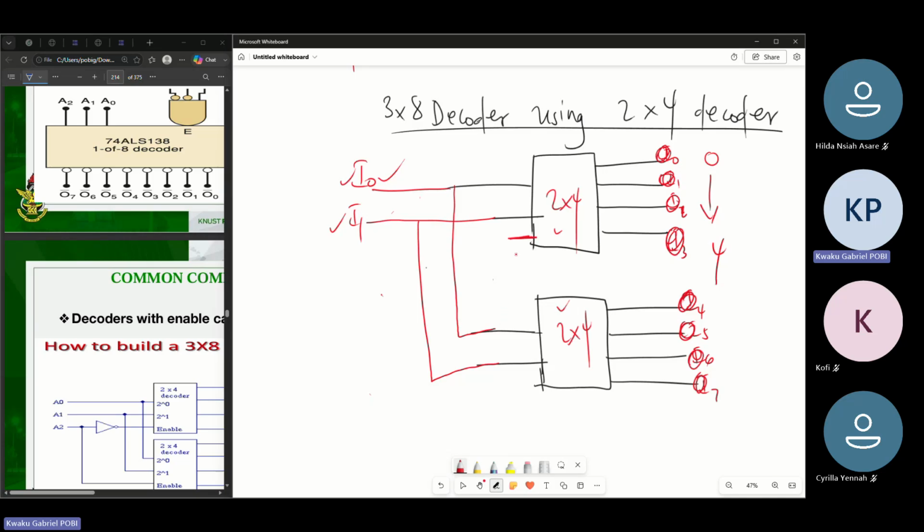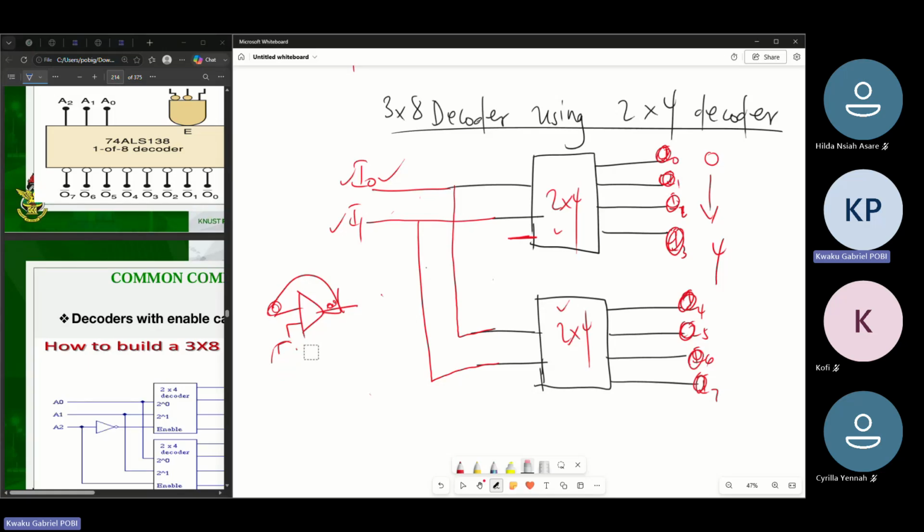Then we would actually implement the enable somewhere here as the third input. So the enable is actually, you see, when I was implementing the buffer, this will be my enable. The enable is not part of what will be seen at the output side, right? It's not part of the input that will be seen at the output side. No, it's just going to enable it. But here, we are going to use the enable to implement this in a way that the enable will be seen as one of the inputs, right? So it will be seen as the third input that will be given to these decoders,